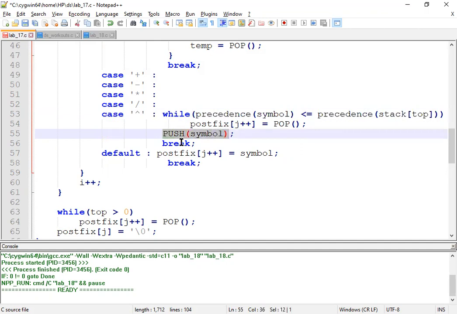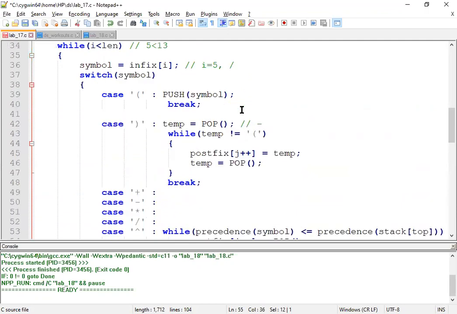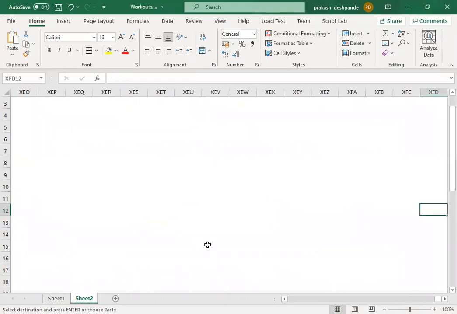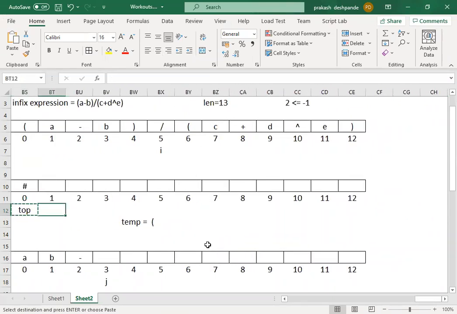The next statement is push the symbol. What we have in the symbol is the division operator, so this division will now be pushed onto the stack. Push means increment the top first and then add the element, so division will come here.